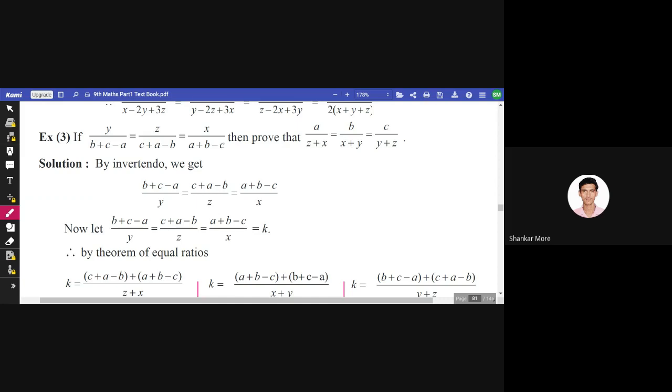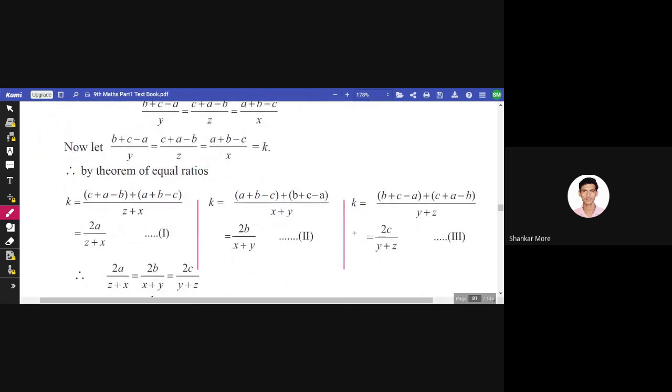Now let these all terms equals to K. अभी ये जो सारे terms हैं इसको हम equals to K रख देते हैं. Now then what is next? So see, by theorem of equal ratios, अभी देखो, by theorem of equal ratios, so यहाँ पे हमें क्या करना है,